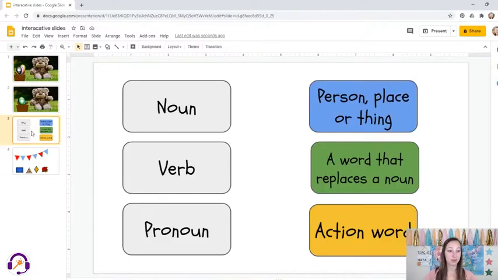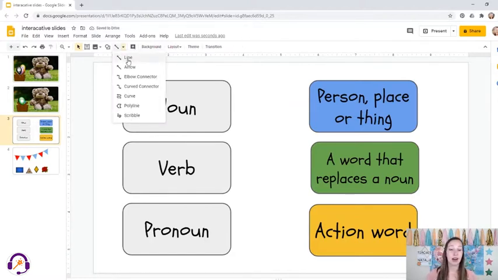Next image, I have this one. So for this activity, it is a line activity or a matching activity. So we're going over words and their definitions, and as a teacher and student, we are matching them. So we can talk about noun, what is the definition, where is the definition, and I can draw a line to the definition. So how I'm going to draw the line,